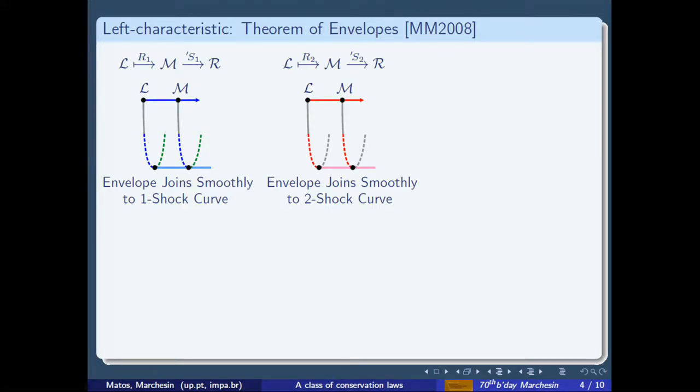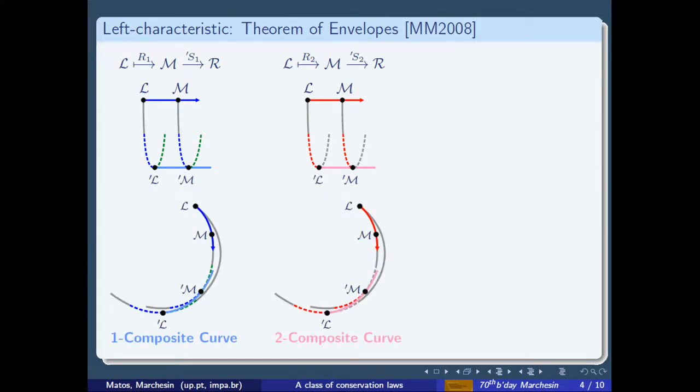Hugoniot curves. But what you usually see is something like this, not in this configuration. That is, we move on the one rarefaction, and the curves, it's not so easy to see like here. So that's the reason why I show this here. But this point has a Hugoniot curve here with transitional and one shock. This one has the same one shock